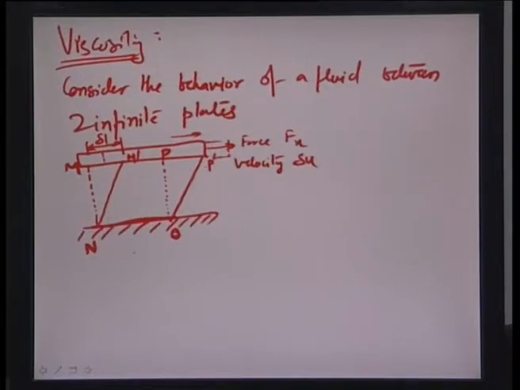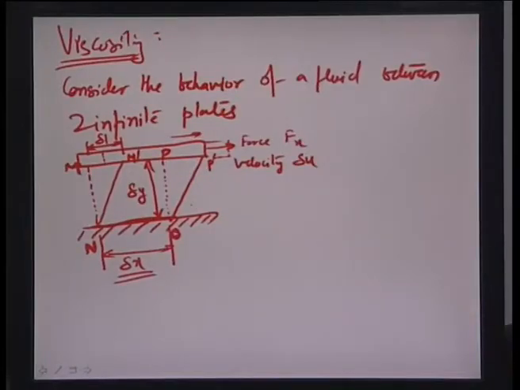Okay. So, let us also assume that the distance between the two parallel plates is delta y. And essentially the total amount of length that this fluid element possesses at the very outset is delta x. That does not change much, although the shape changes from rectangular into more like a parallelogram, because of the shear that the fluid layer would have with respect to the zone of no slip close to the surface NO. So, during the time delta t,